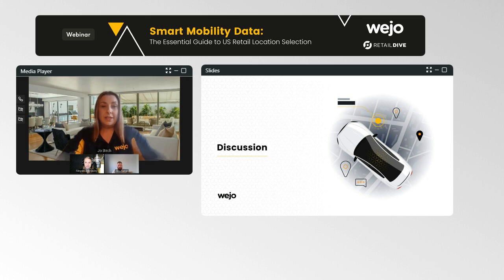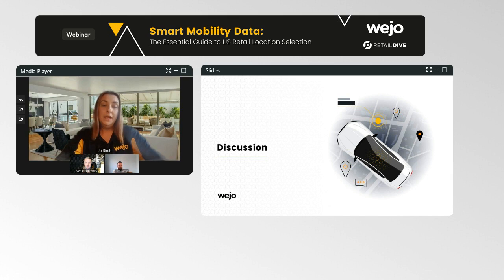This will help them to decide whether to invest in real estate in a particular place, and it means they can ensure the best return on their investments. You can avoid wasted expenses in terms of planning and dead stock, and also use the insights from Wejo data to understand if customers are visiting competitors, and also to understand the impact of poor performing stores to the overall